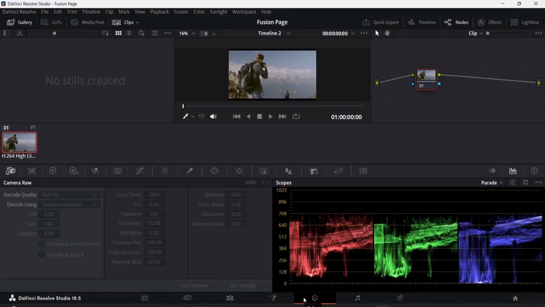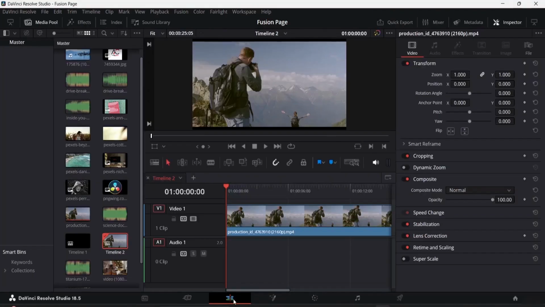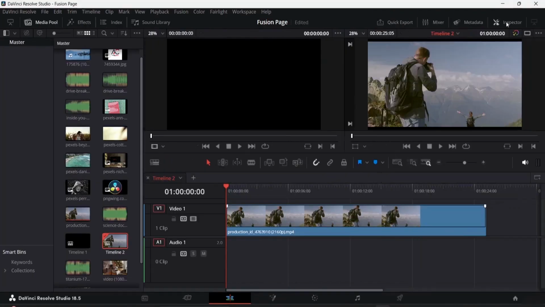So now, as you guys can see, I'm here in my DaVinci workspace, and this is basically the color page. Let me just give you guys a small introduction of this page, and let me tell you that we'll just be covering the basics here. I'll just make you guys understand what it is all about. So first let's go to this edit page over here. As you guys can see, I have just imported media over here,